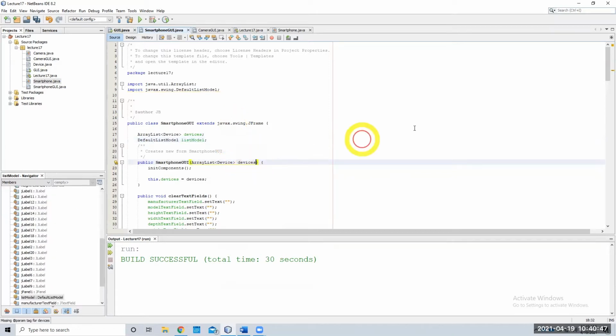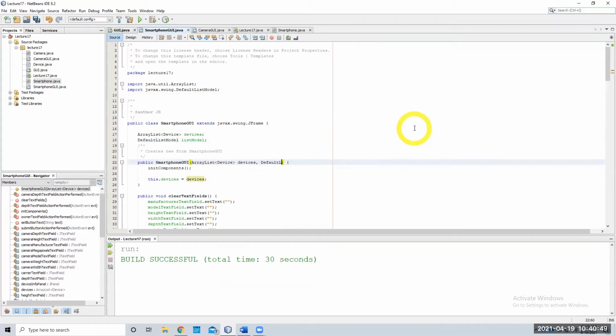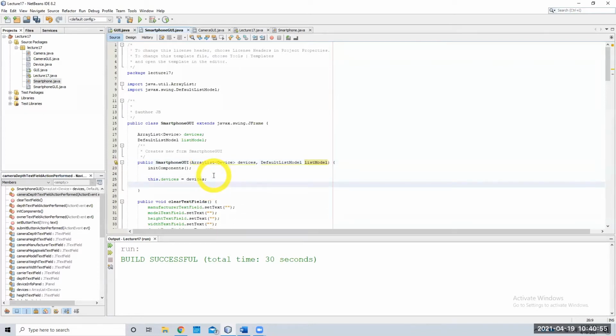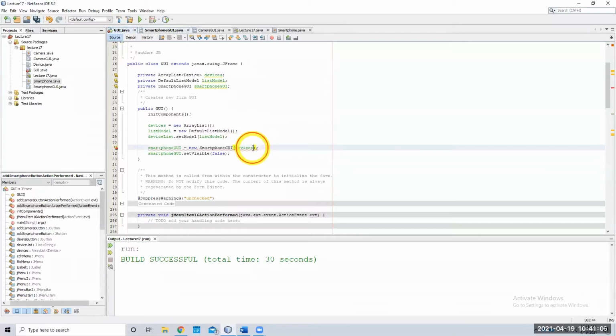I'm going to pass in default list model. List model. Pass that in, and I'm going to say this dot list model equals list model. So we're passing in a list model to the constructor from our main GUI as well. So the list model that our display list is working off of, I'm going to pass that over as well,